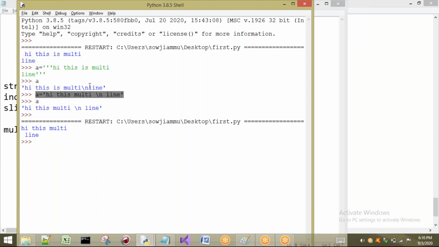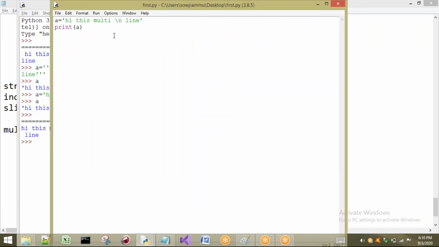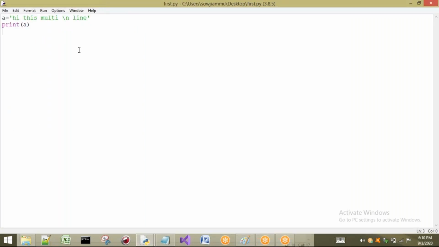But here it is showing me slash n, backslash n. If it is not showing, the output will be wrong, but it is showing slash n. Slash n is nothing but what? New line. It will go to a new line. But here in the interactive shell, directly it is going to print as slash n. Okay, we will discuss those characters also now, escape characters. Those are called escape characters. So in yesterday's session, I had not executed this line in this program as a separate program, so I have shown you now.